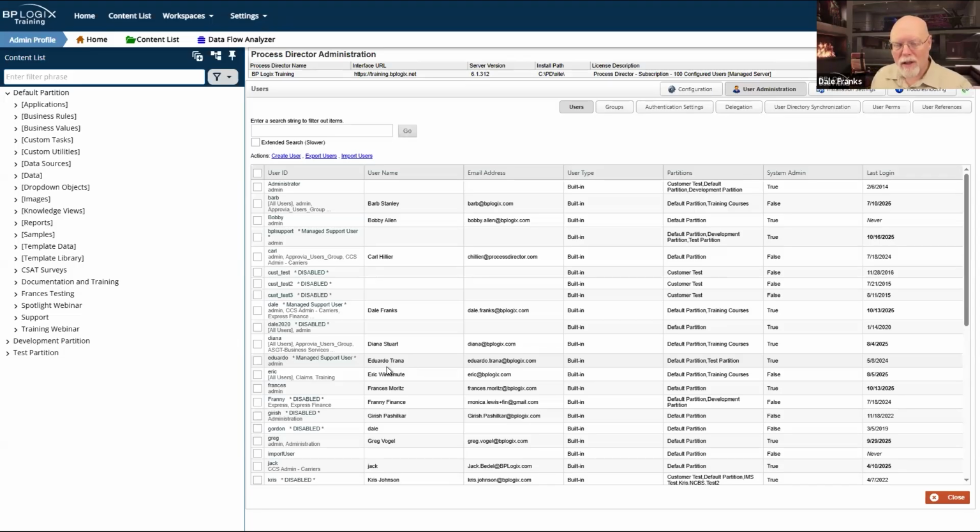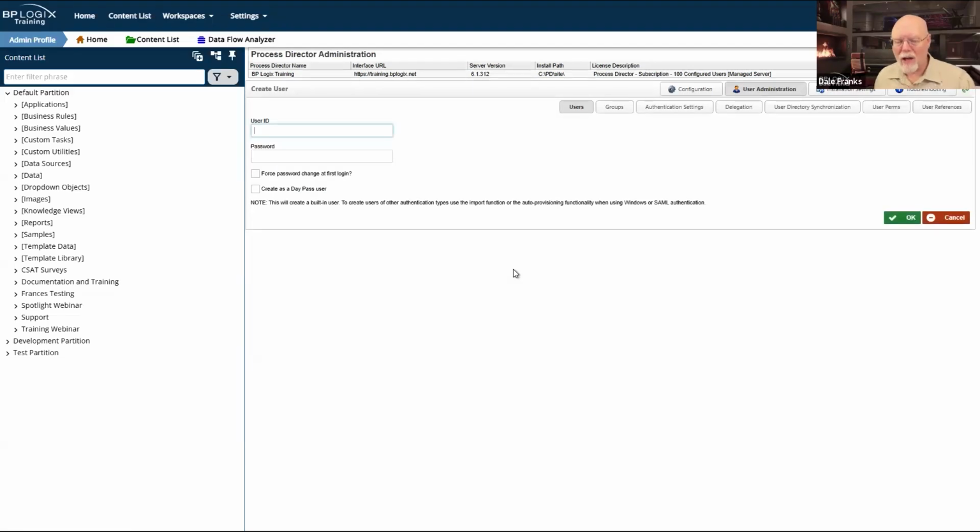For your system administrator account, you need to have a separate system administrator account that is a built-in account, which is to say you need to create that user inside the UI, create their username and password, and then set them as a system administrator. And whenever you need to do system administrator things, you'll log into that account. When you just need to do normal user things on the production system, your normal method of logging in will be just like every other user. You'll go to SAML. You'll click the Login as SAML button. You'll be identified. You'll be in the system, and you'll access the user level things that you're supposed to have access to.